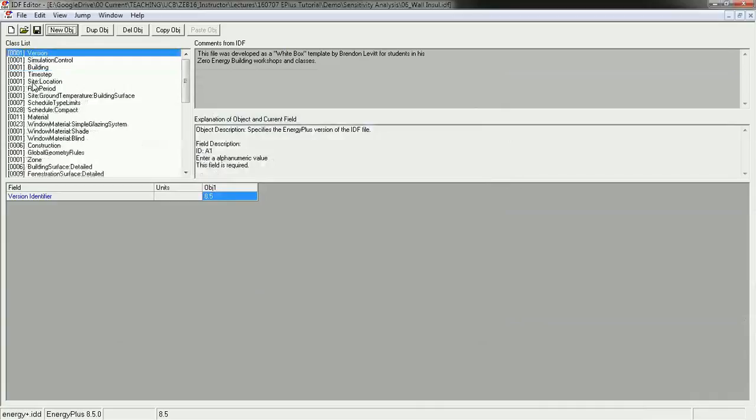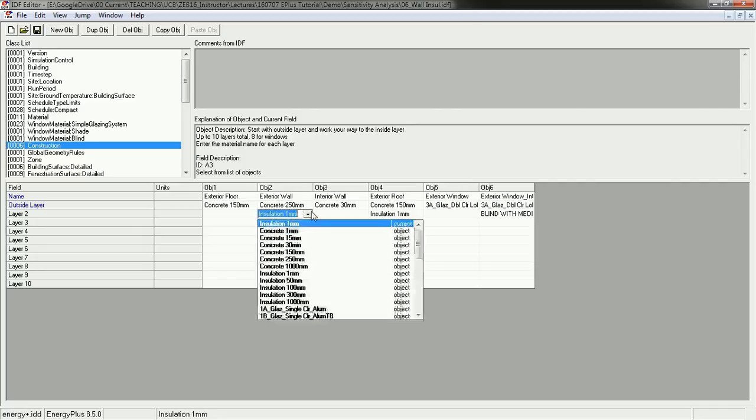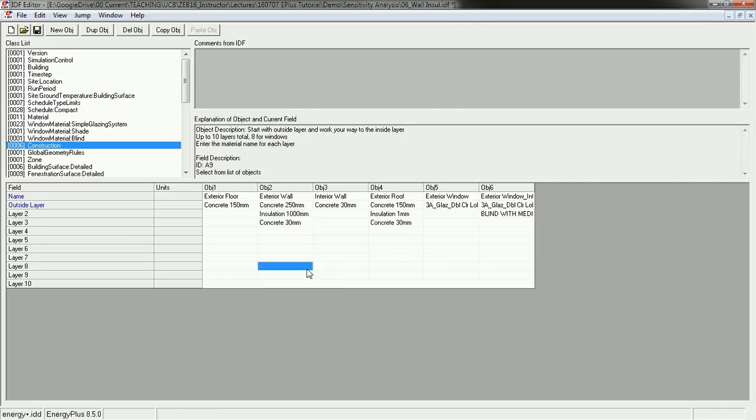And I'm going to go to my construction, and now I'm going to change the insulation. Now, in my base model, Worcester Hall has no insulation. So I've modeled it as 1 millimeter, very, very small. So in the sensitivity analysis, instead of making it very small, because it's already small, I'm going to make it very large. And I'm going to make this 1,000 millimeters. That's a ridiculously large number, but 1 meter thick of insulation will give me a sense of how important insulation